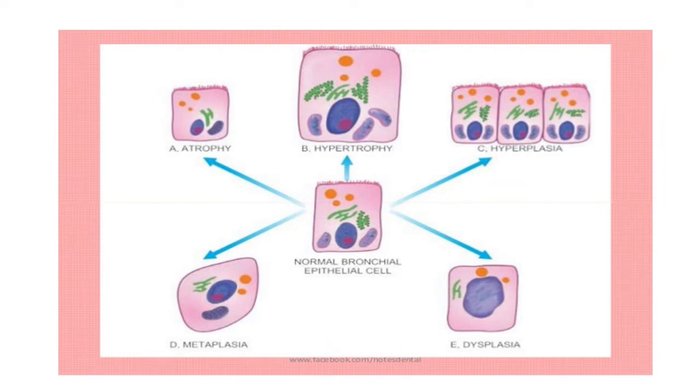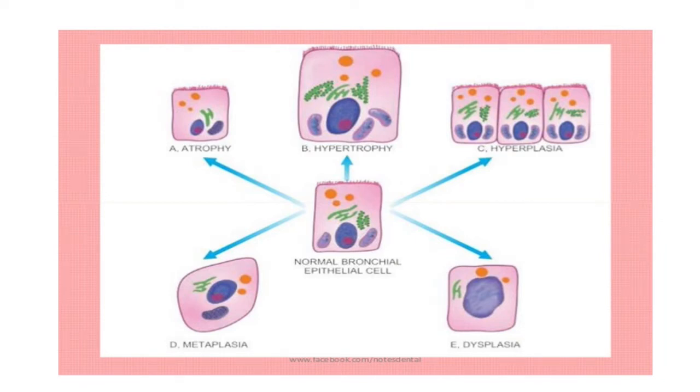and metaplasia. So look at the size of the cell, the shape of the cell. You see, it's squared, cuboid, but now look, it's becoming round in nature. So when the structure or the shape of a cell changes, we term it as metaplasia. With dysplasia, you see what is happening here. You see the nucleus. Now the nucleus has become bigger.